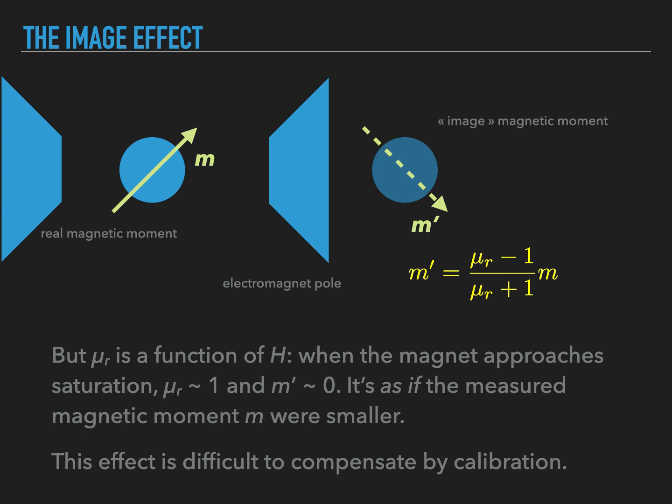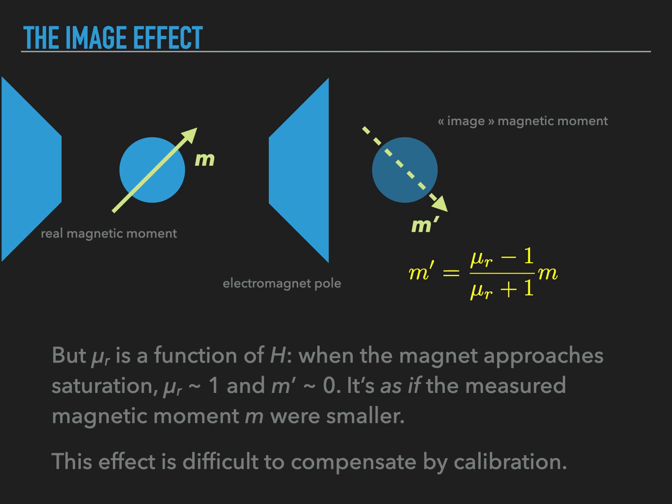asymptotically to 0. So when you do the measurement of your sample with your magnetometer using an electromagnet, when you approach the saturation of the magnetic material of the magnet, it is as if the magnetic moment that you are measuring were smaller. And that's the reason why you see that artifact in the magnetization curve when you go beyond